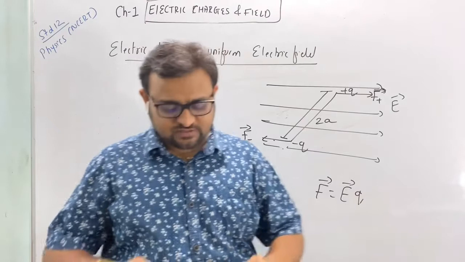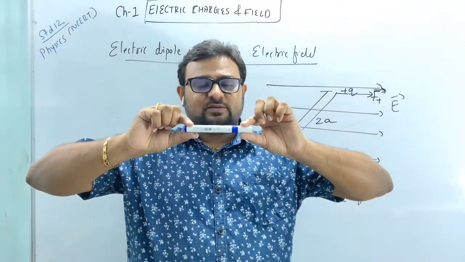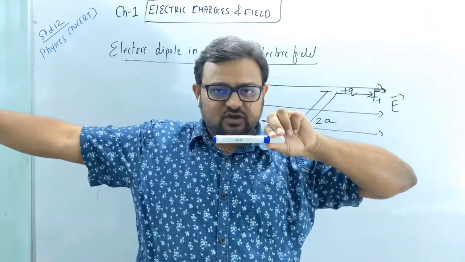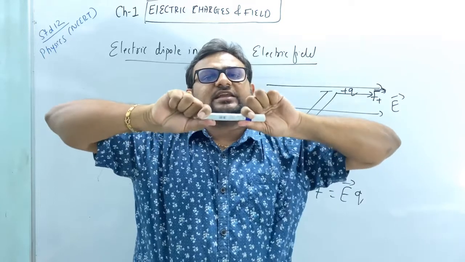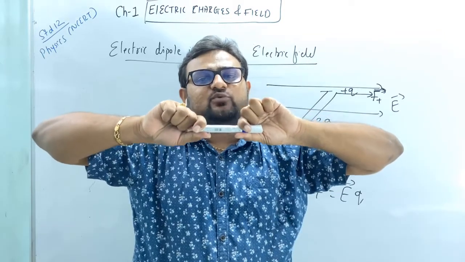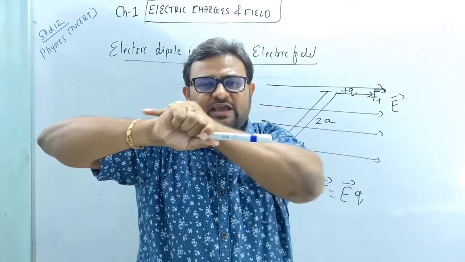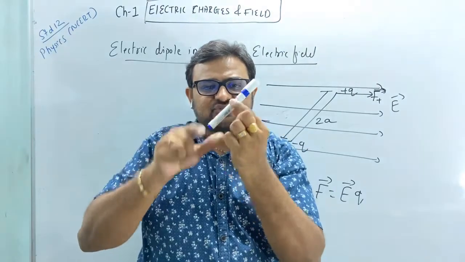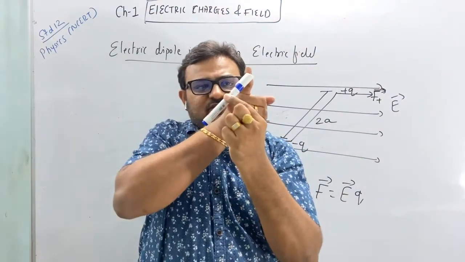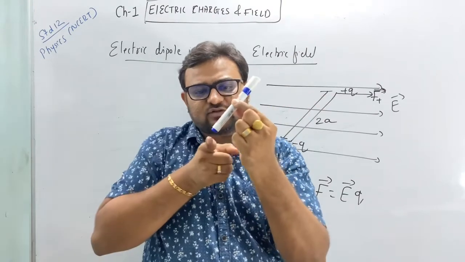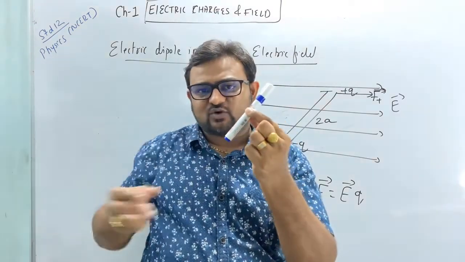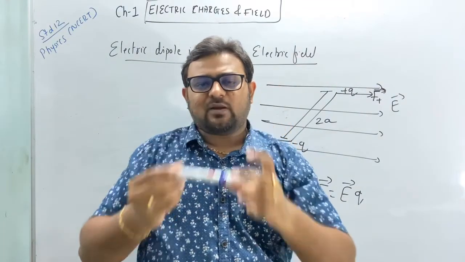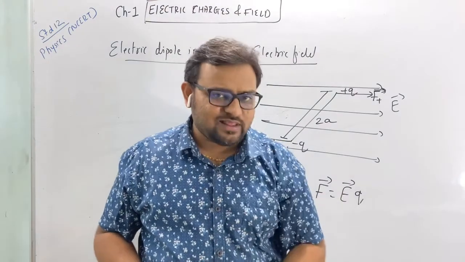Now see what a line of action is. If this is a pen, force F1 acts in this direction and F2 in this direction. The same amount of force acts in both directions, so it will remain at the same position, because the line of action for both forces is the same. But if the pen is in this situation, the line of action for this point will be this way and for this point this way. So the line of action is not the same. So what will happen? This pen will rotate, right? So a couple will act, or you can also say a torque will act.